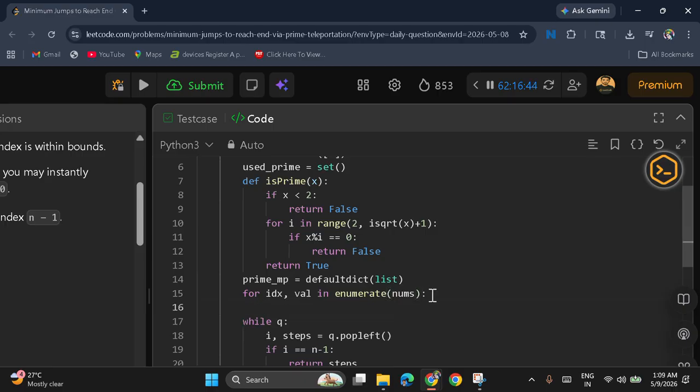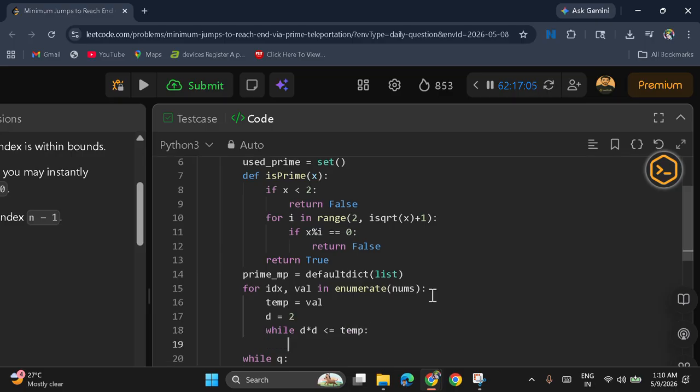We make a variable temp equal to val, and d equal to 2, and while d times d is less than or equal to temp,